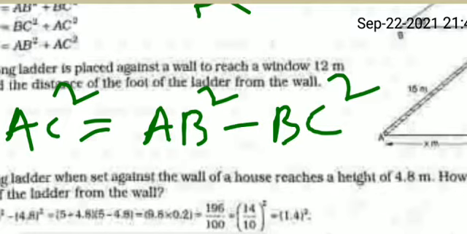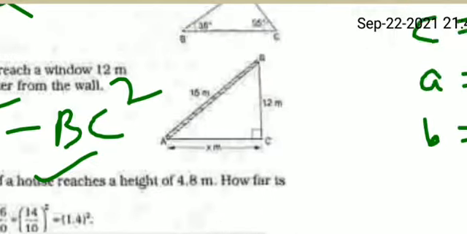From Pythagoras theorem we know that hypotenuse square equal to height square plus base square. So when you have to find out the base or height, this formula you have to apply. Here base AC you have to find out, so AC square will be equal to hypotenuse square minus height square, that means AB square minus BC square. Just put the value of AB and BC, and we will get the required answer. Okay, let's see.